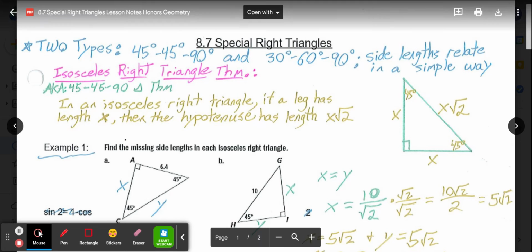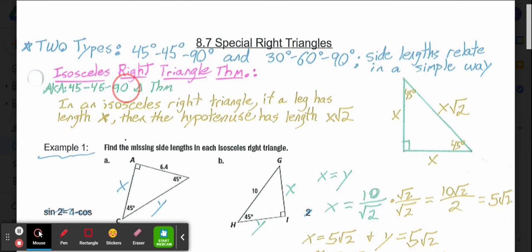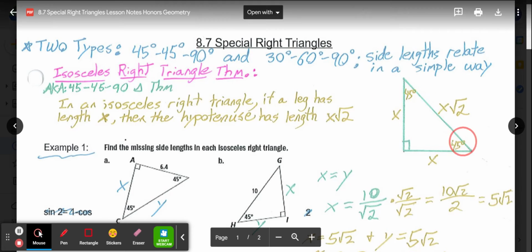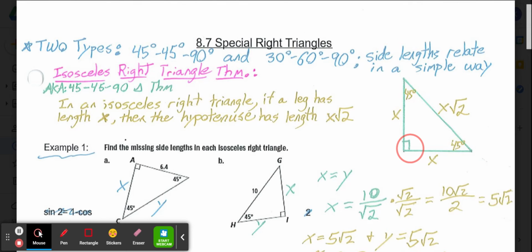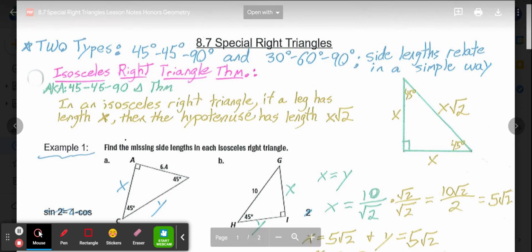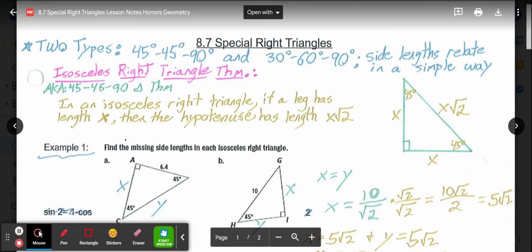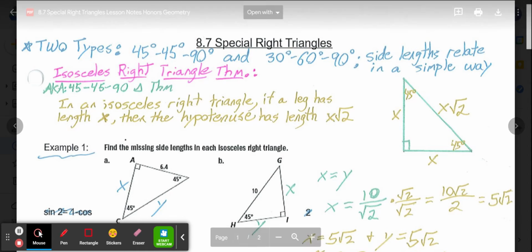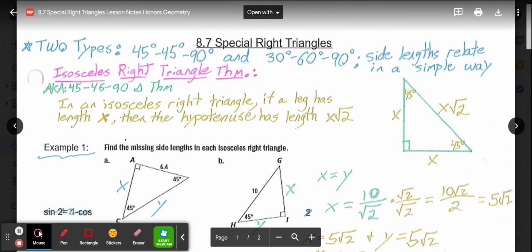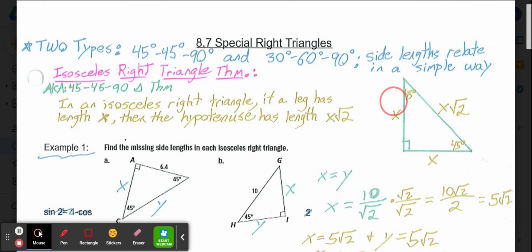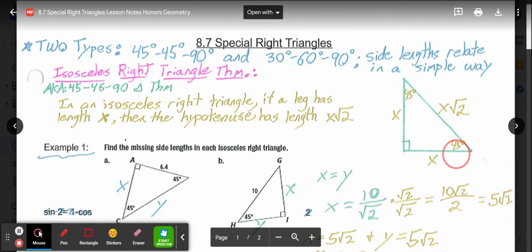So isosceles right triangles are 45-45-90s. The 45-45-90 name comes from the angle measures. In an isosceles right triangle, two angles would be 45 degrees. Obviously, one has to be 90 for it to be a right triangle. So that theorem says, in an isosceles right triangle, if a leg has length x, and remember our legs are the two sides that meet at 90 degrees,